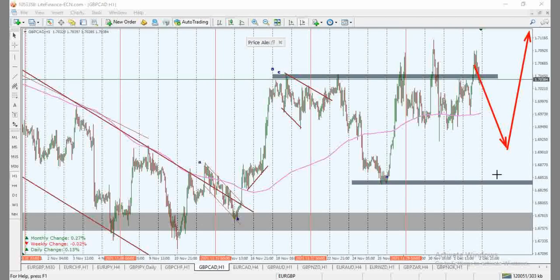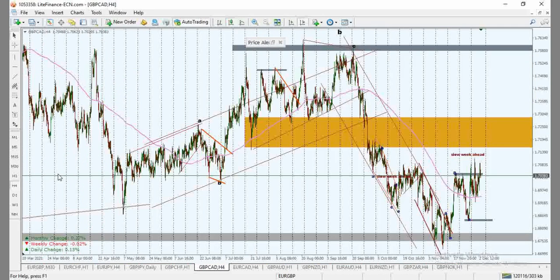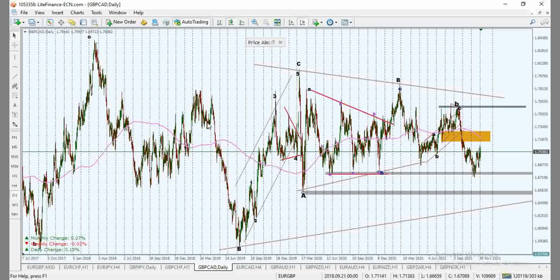If price then drops, then creates some structure, creating some weakness inside of this territory, I want to see price break below this point. Once price breaks below this point, I'm going to be looking for bearish opportunities when price can break below 1.678 territory. That's going to show me that we are off.